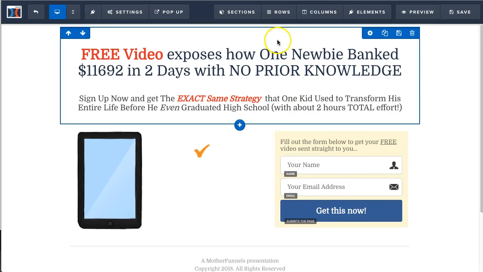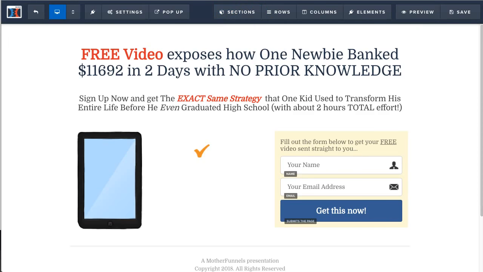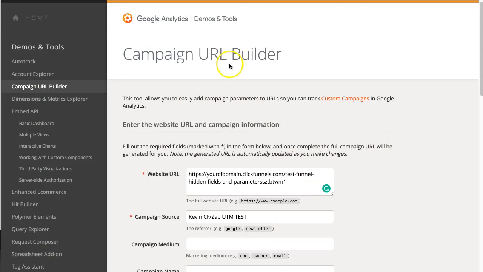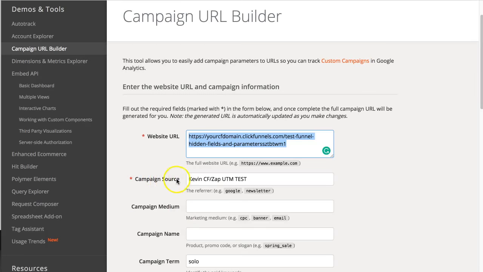Then I went to this handy dandy UTM creator, and I just found this by Googling Google UTM Builder, and that pulled up this thing. I'll put the link somewhere so you can see that as well. Then I took the URL from ClickFunnels and popped it right in here in the website field, and then under campaign source,